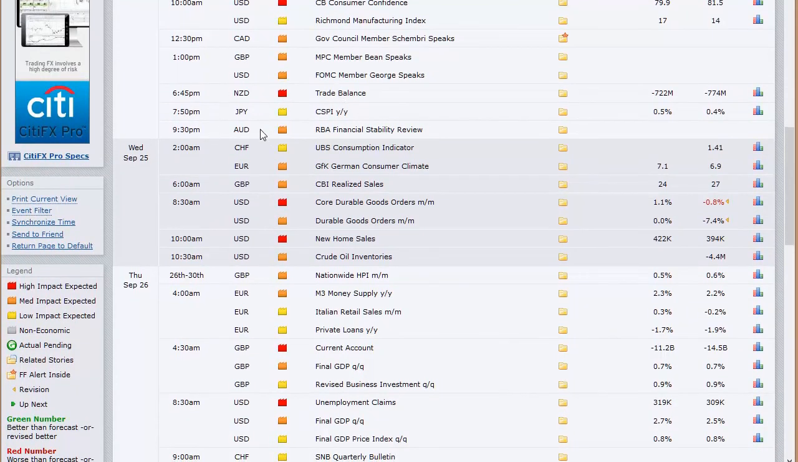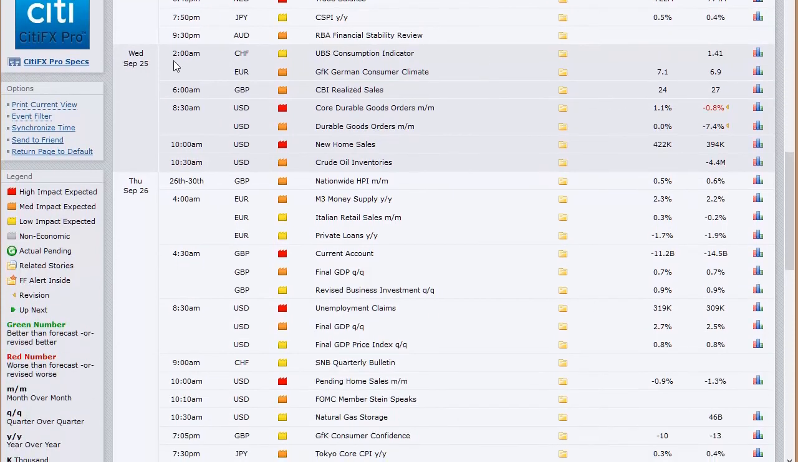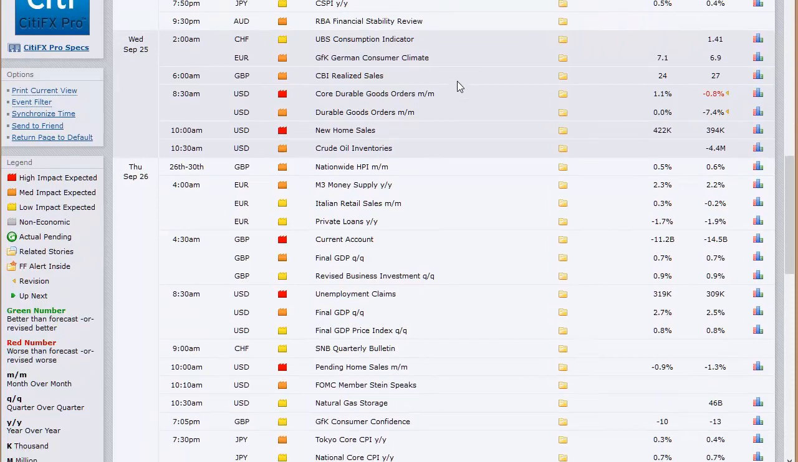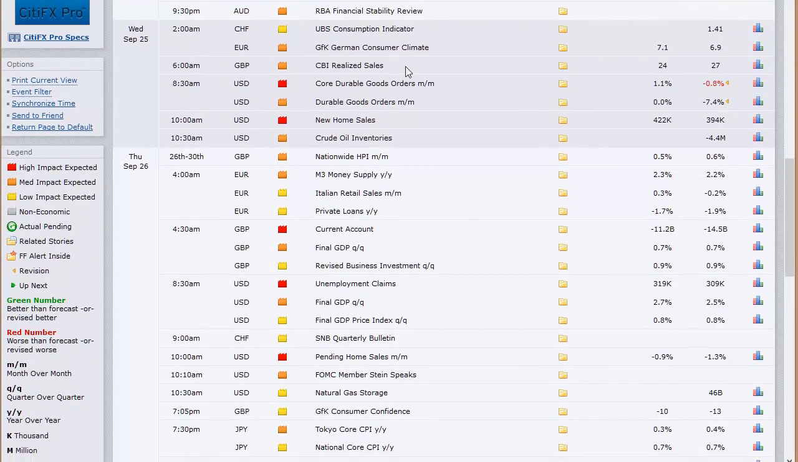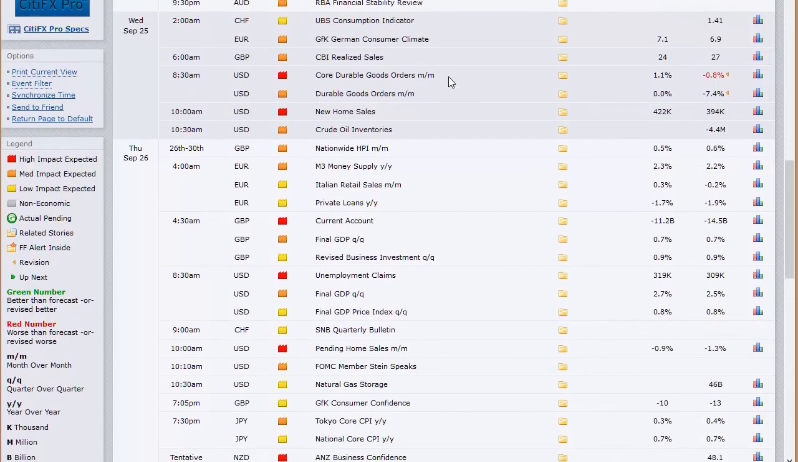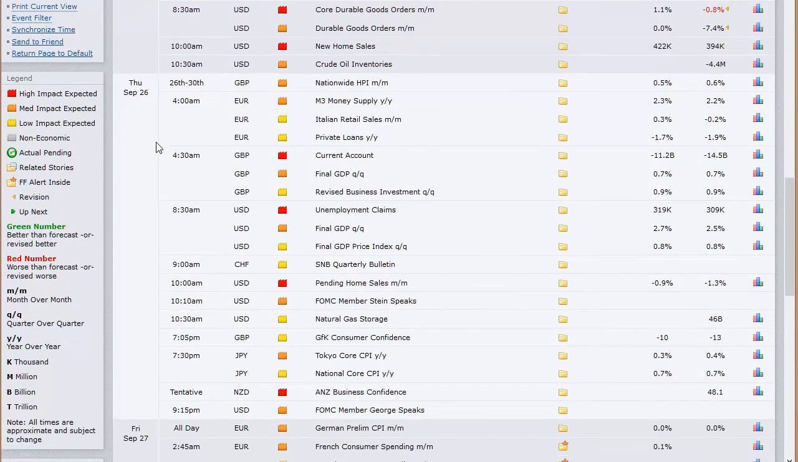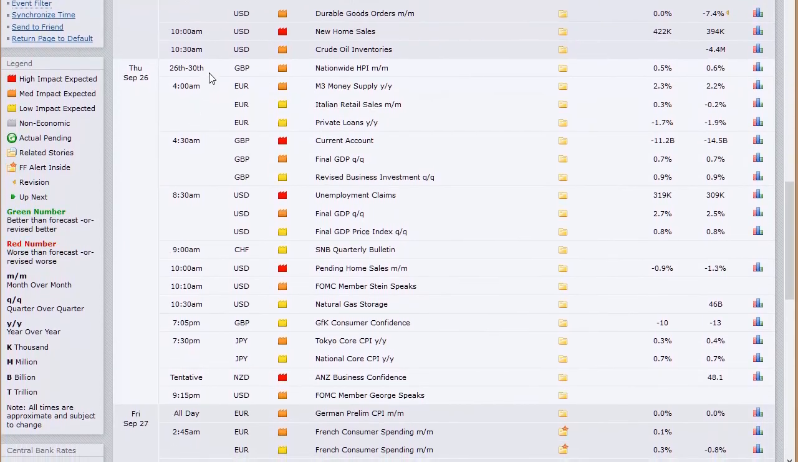Trade balance out of New Zealand Tuesday night. CSPI out of Japan. Very little data on Wednesday. The UBS consumption indicator out of Switzerland at 2 a.m. Eastern Time. CBI realized sales data out of the UK. We've got core durable goods out of the US and new home sales. Crude oil inventories is a non-event. Then you skip all the way till 4 a.m. the next day, almost